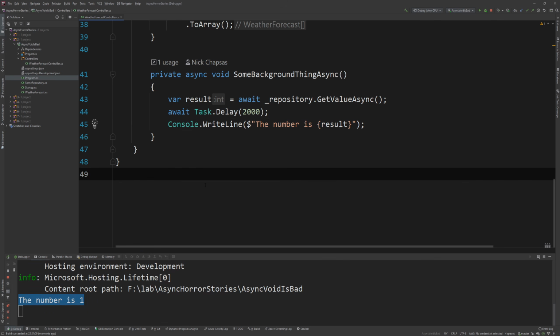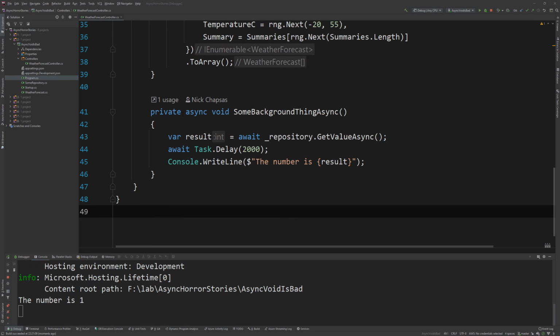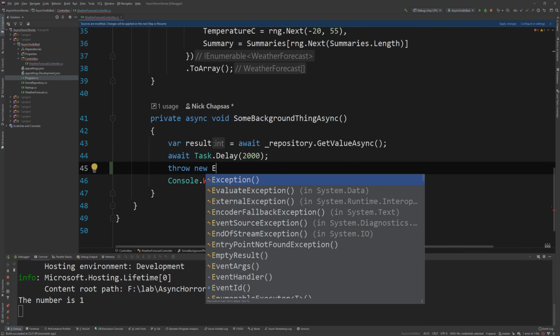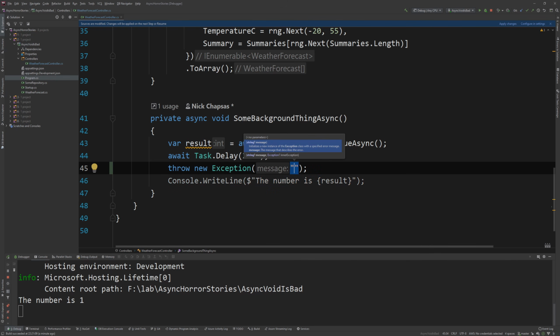In your case, might be send an email, send a notification, that sort of thing. Now, the thing is, you shouldn't really be using async void for this. And the reason for that is actually quite interesting. If for some reason this throws an exception, and let's say that the mail failed,